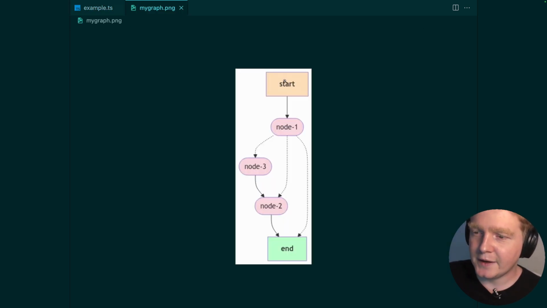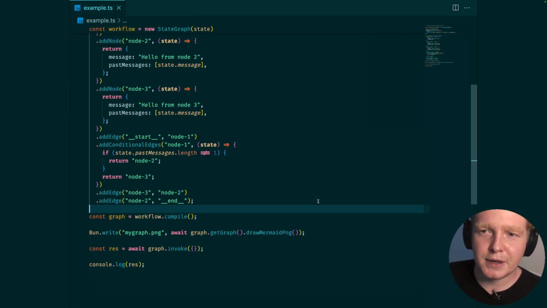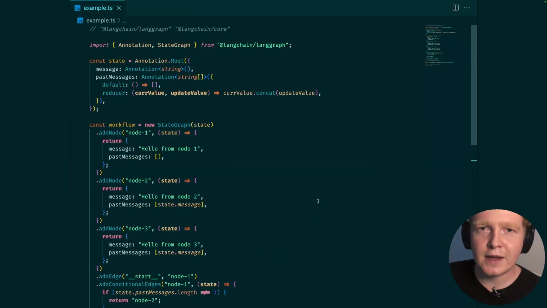As we can see here, for some reason there's a problem with generating the conditional edges, so it shows a conditional edge to the end, which is not true, but we can see we have our node 1, we can go to node 3 or node 2, and then node 3 goes to node 2, and this one goes to an end. That's all that you really need to know about LangGraph to start building graphs, and we haven't even